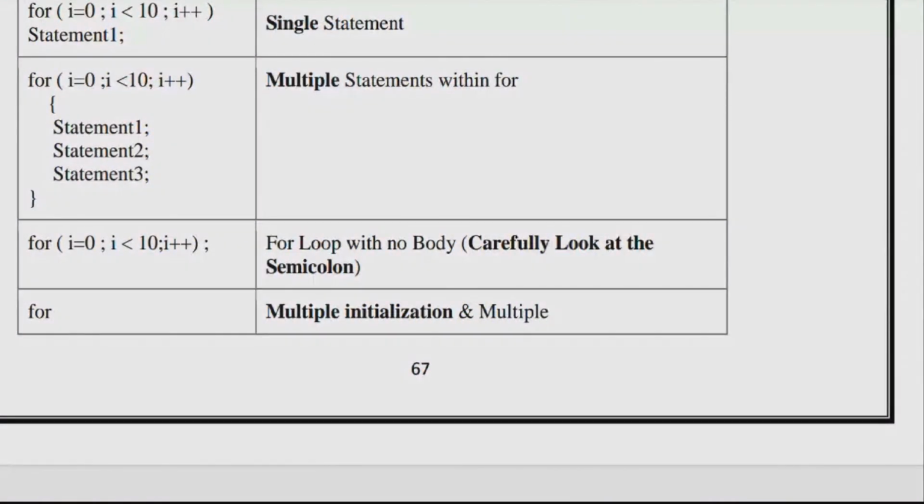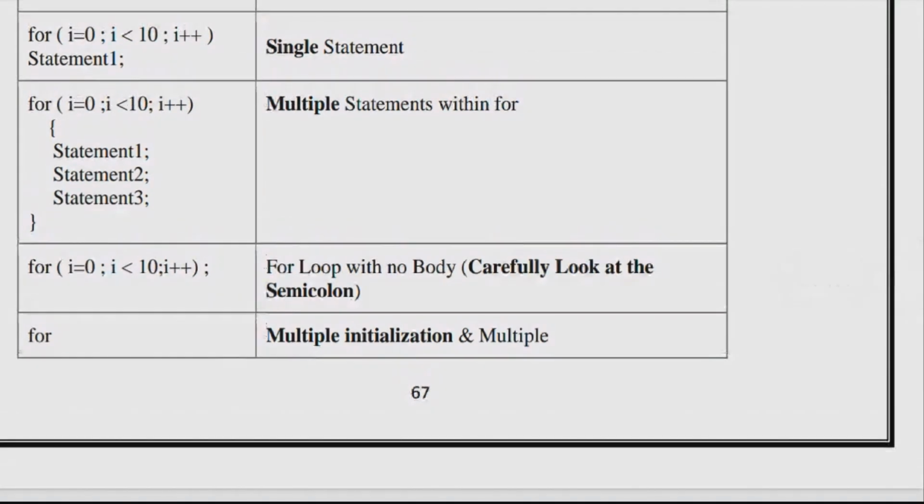Once we put a semicolon, there is no body. If I put a semicolon, it will be treated as no body. After putting the semicolon, if you write something, it won't read. Just try it also. We will do that after. Once we start practicing, I'll show it to you. Why? Because after reading that semicolon, it is treated as there is no body for that for loop. If you write an open brace and something, that will be nullified. It will not be read by the compiler.